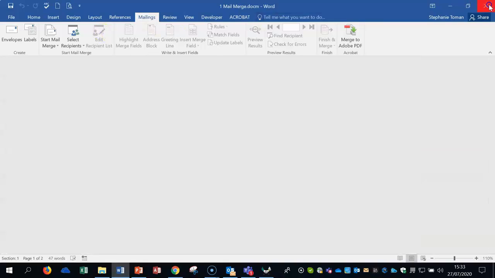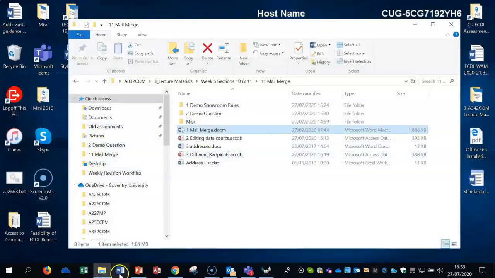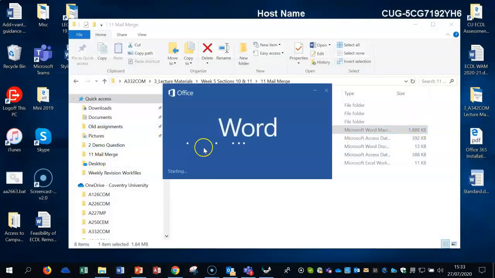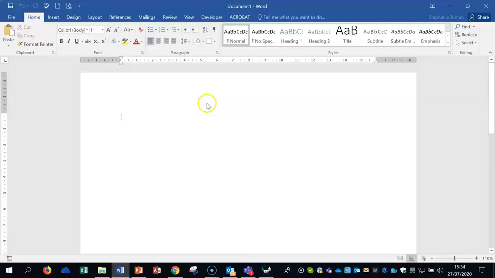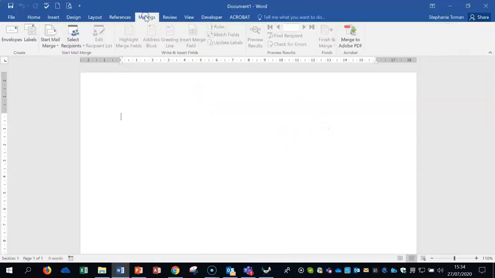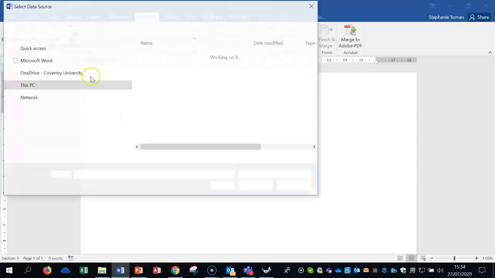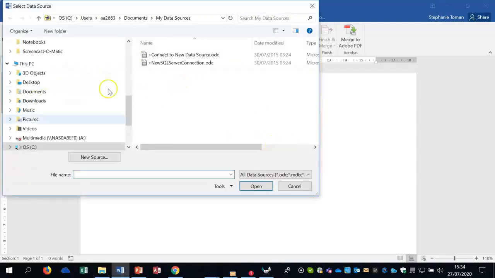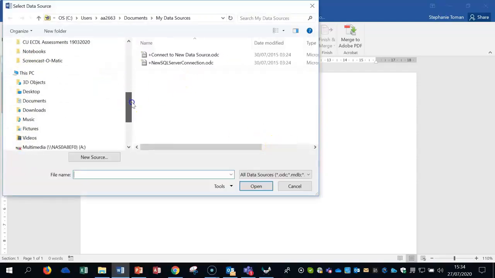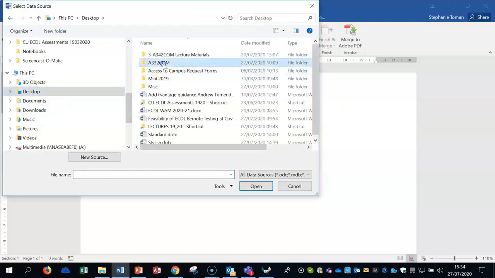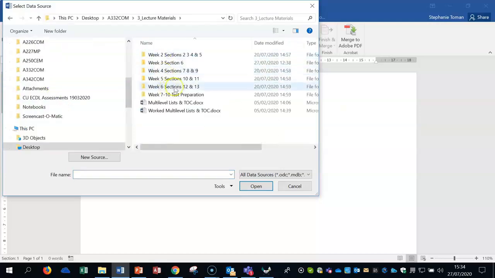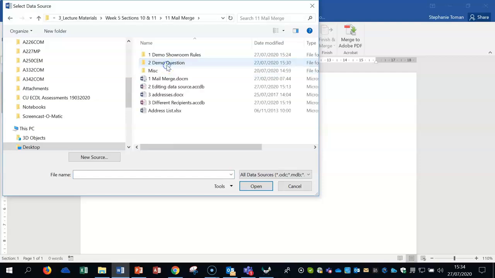So if we just close this and open up a new Word document, and using those files you've got, I suggest you have them on your desktop, just easier. So go into the mailings tab whenever you get a mail merge question. We're going to bring in some recipients from our folder. We've got quite a few to play with. Mine are on my desktop. It takes a little while to get, I probably could have done with moving them, but let's bring in the editing data